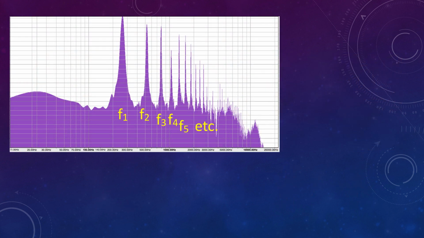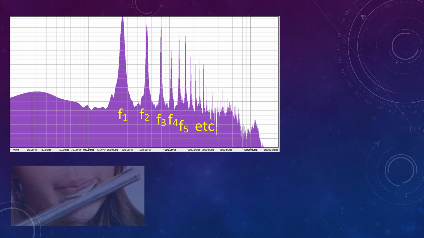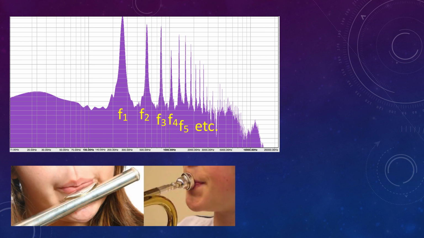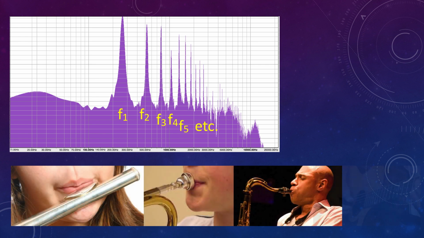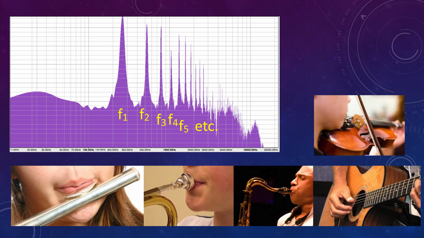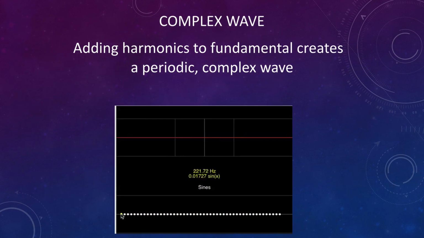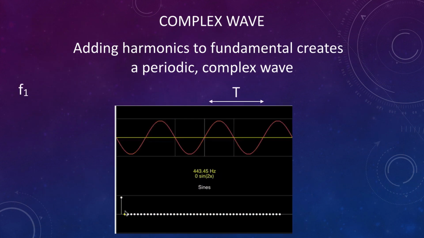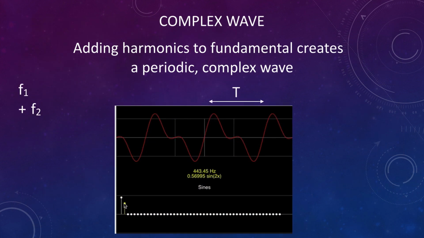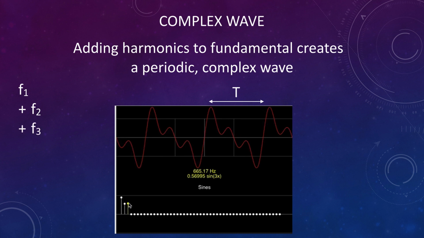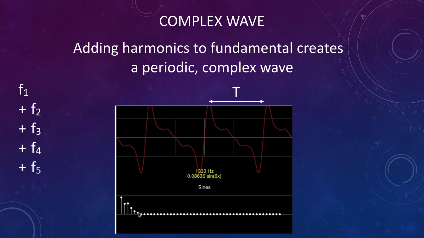Besides the fundamental, harmonics can also be produced. These harmonics are excited by the blowing of air, the buzzing of lips, the vibration of a reed, or the plucking or bowing of a string, or the vibration of vocal cords. The combination of these harmonics creates a complex wave. Since harmonics are integer multiples of the fundamental frequency, these complex waves will be periodic, repeating themselves at the period